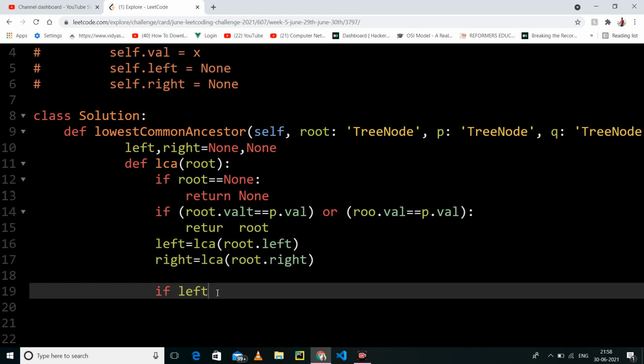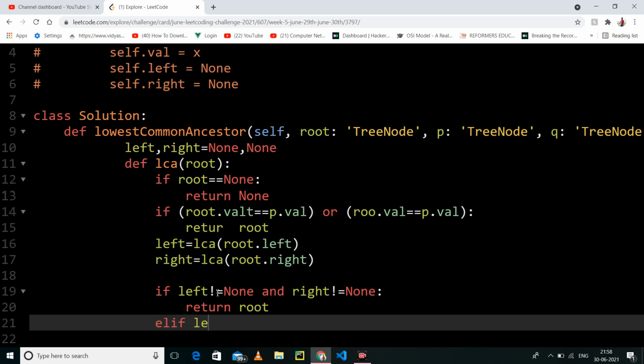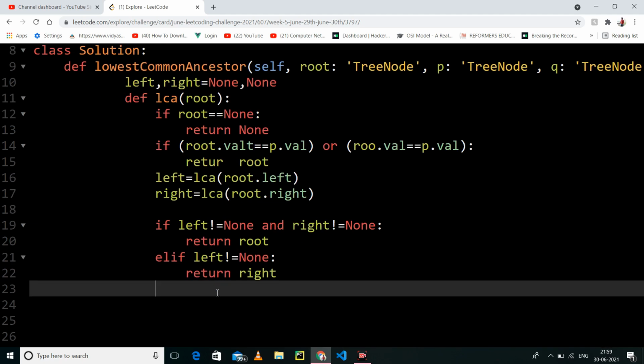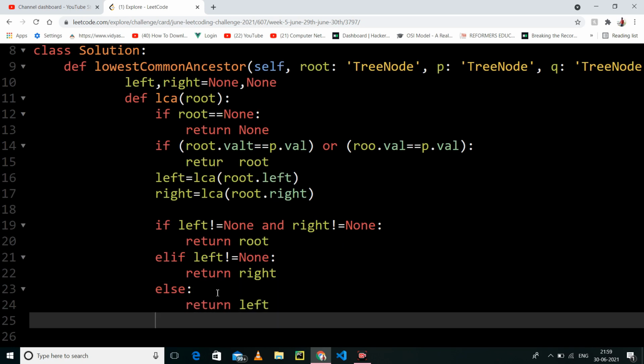If our left does not equal None and right does not equal None, what do I have to return? I have to return root. If our left does not equal None, I will return left, else return right.